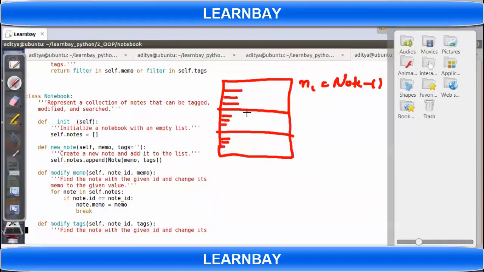This list was inside every notebook, and we created only one notebook, and we keep on adding in this notebook.